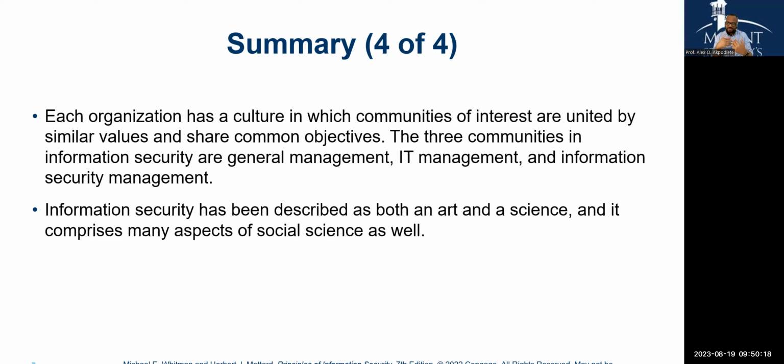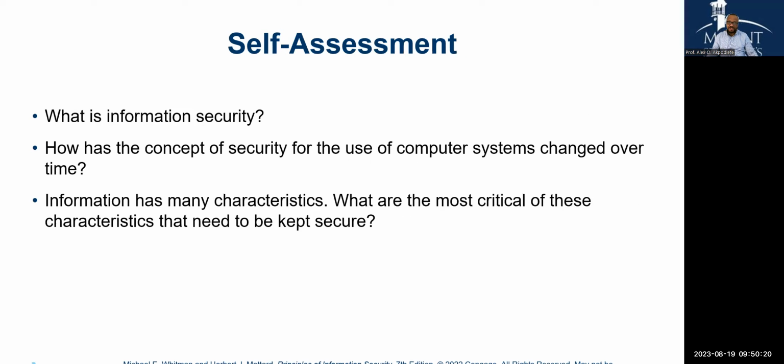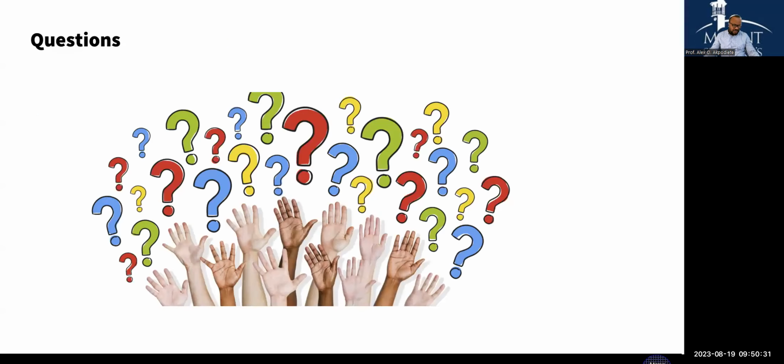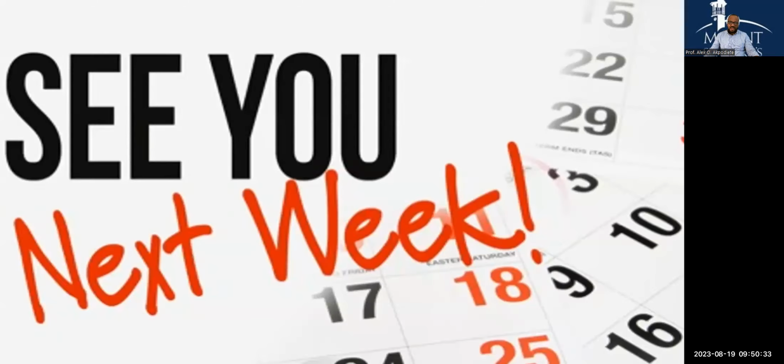And I mentioned the example of social engineers, right? So you can test yourself with this question: What is InfoSec? How has it changed over time? What are the characteristics that you should be aware of, right? And again, please feel free to send me questions. And I consider this the end of